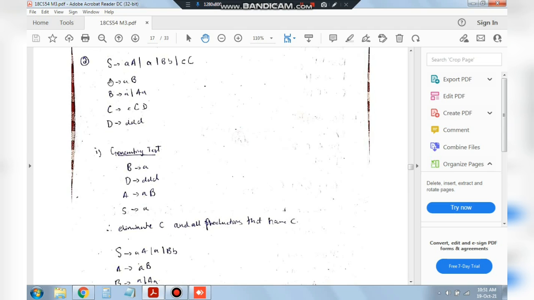Again, in this case, the capital A is a variable which we will not be choosing because it's not ending with a terminal. It has a capital letter with the terminal. The second one is B. Okay, as you can see, B is ending with the terminal, so we'll be writing here B as the selected one, and the D will be written as the small d, which are all the terminals, so we'll be writing here D. Okay, and finally we have A here. A goes to AB, so we cannot select this one, and S goes to A, this we can select. Okay, because S is ending with just A.